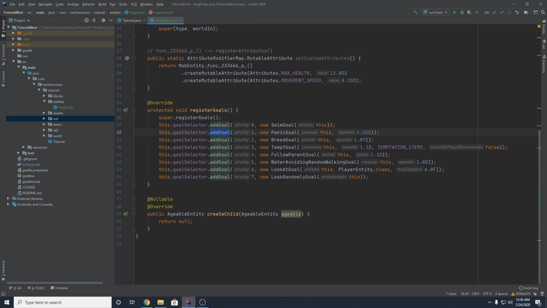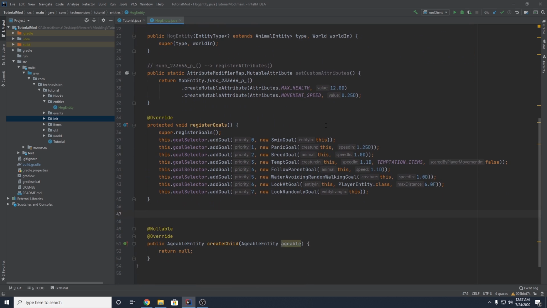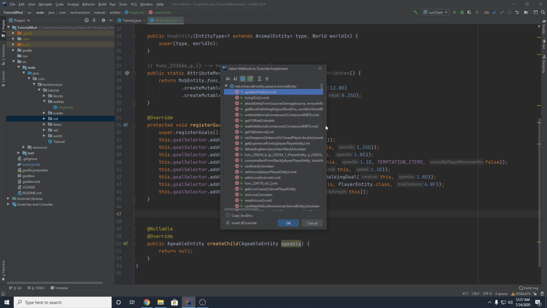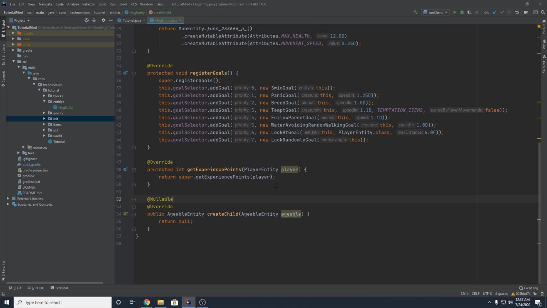Okay, that's all done. Now, the next thing I want to talk about is experience points. So, by extending animal entity, it's already going to make your entity here drop XP. I believe it drops between 1 to 3 in XP values by default. But if you don't want that, or you want to change it for whatever reason, then what you can do, and again, this is totally optional, you can override get experience points. And you can set how much XP your entity will drop when the entity dies. And you can set it here by just returning a number. So if I returned like 1, this would always drop 1 XP point